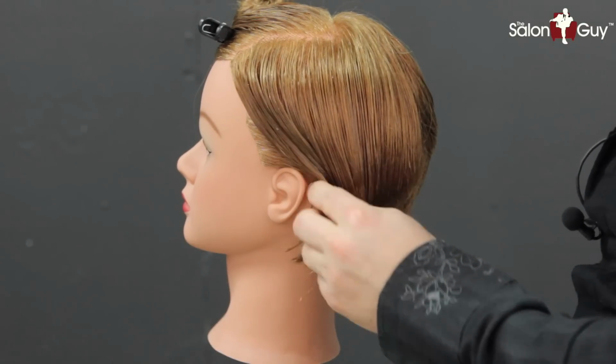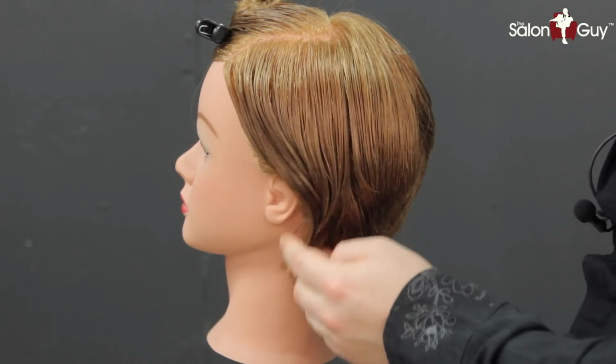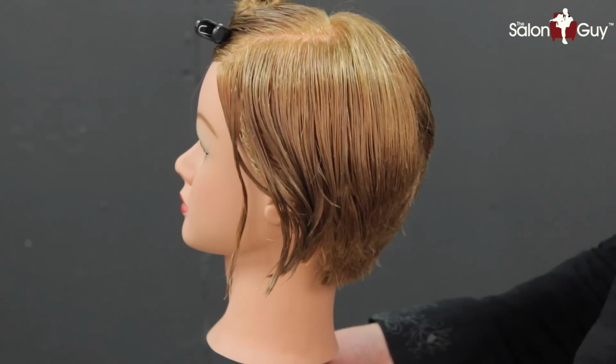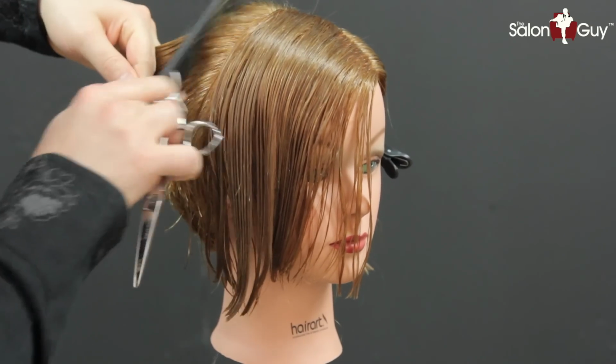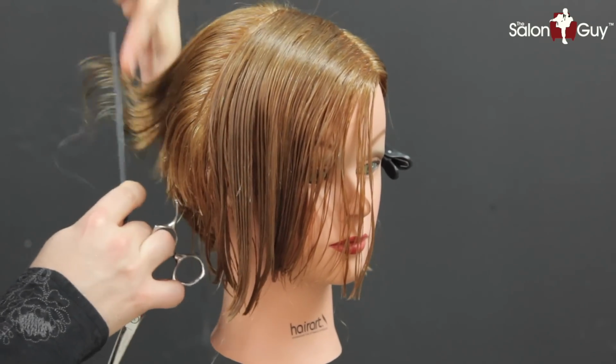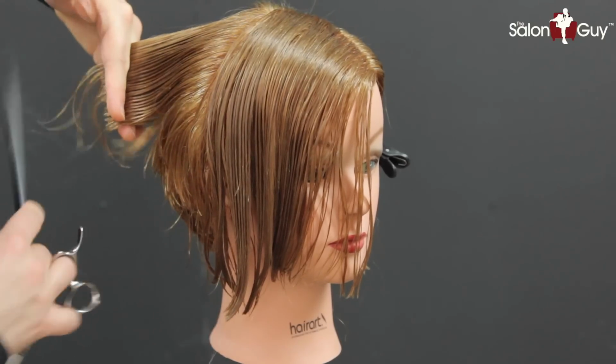And again, as you saw, she likes to tuck it behind her ear like this, but we still have to layer this throughout the top here. So now what we're going to do is work on the other side. We're going to do the exact same thing on this side, and we're going to over direct back. You'll be able to see the guide when you comb it straight back from the head,